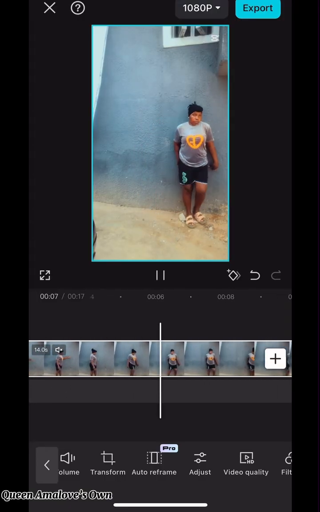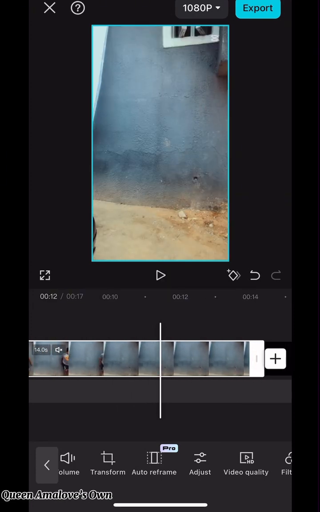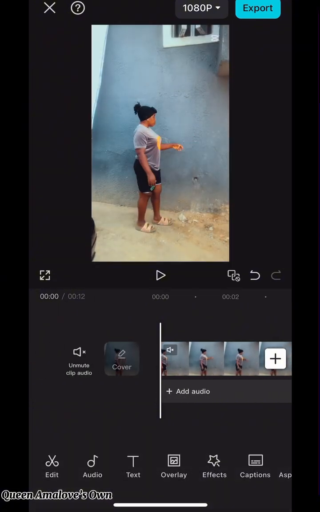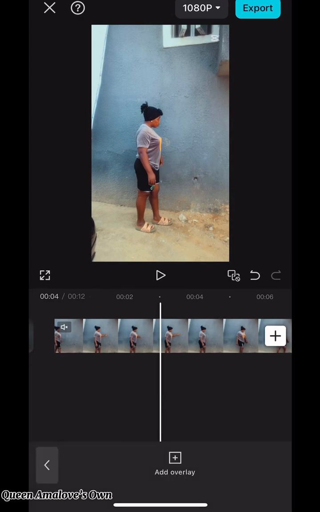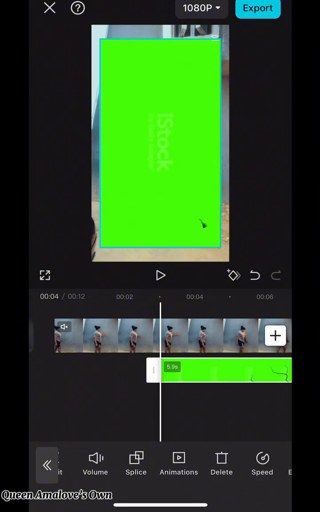Okay, so first of all, you need to record yourself. You knock on the wall or anything you like, then you act like you entered inside the wall. Okay, so this is me trimming out the part that I don't need. I've already brought in my video. So that place I wanted to knock, that place I knock and waited for the wall to crack,